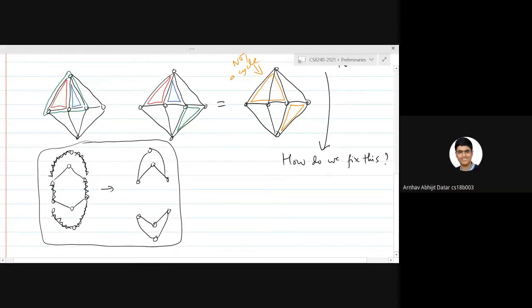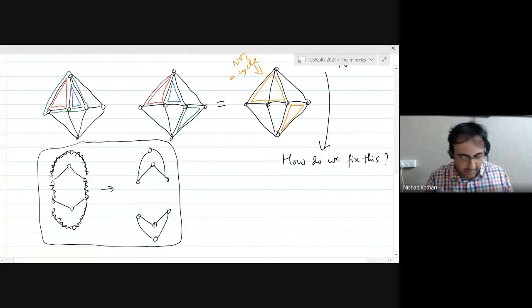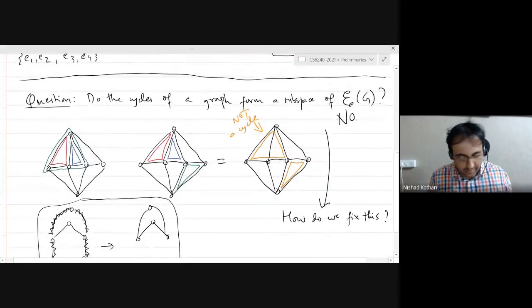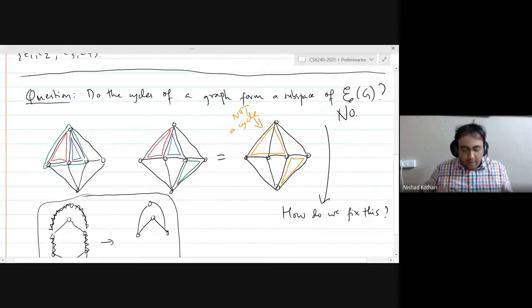Sir, I think you can say it when it's odd. If the parity is odd, then you can maybe guarantee that it will be a cycle. But I don't have the proof for that. I like the word parity, so let me stick to that. So there is something to do with parity here. This is the key word. Can we look at all the examples and see what is going on? What can you tell about the symmetric difference of two cycles? It's got something to do with the word parity, which means odd versus even.